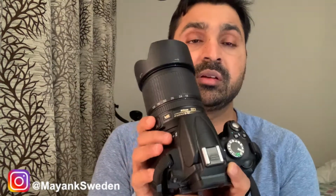So now the final question: should you get this camera in 2021? Whether it can still hold up and be relevant in 2021? Can it still take good images? Yes, it can take great images if you combine it with, let's say, a Nikon 50mm f1.8 lens or 35mm f1.8 lens. You can take really nice portrait photos and very sharp images and very professional photos, and that too in low light as well, because those prime lenses are really good in low light situations. And even with a kit lens like this 18 to 105, this kit lens is actually very sharp. You can take great images in daylight situations as well, and it is, I think, quite ideal for traveling as well. And since this costs so less,